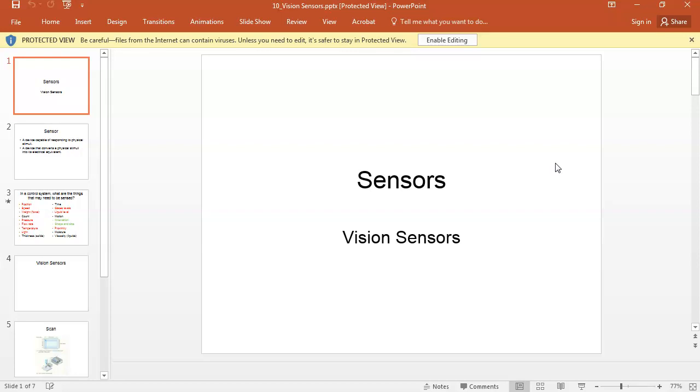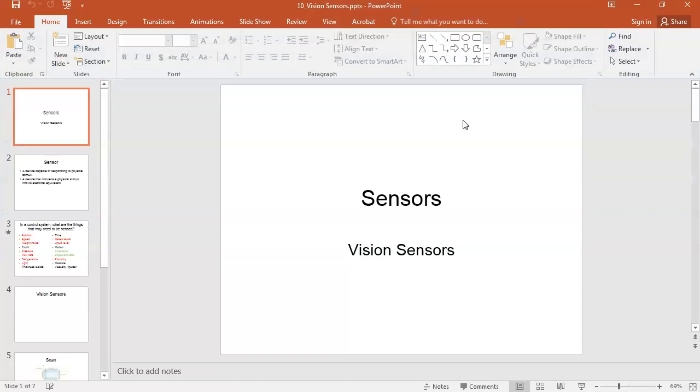Normally, vision sensors are cameras. It took us years to get this, because cameras, video, is a lot of information. Basically, video consists of